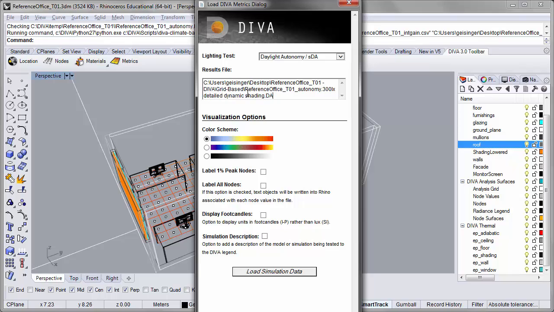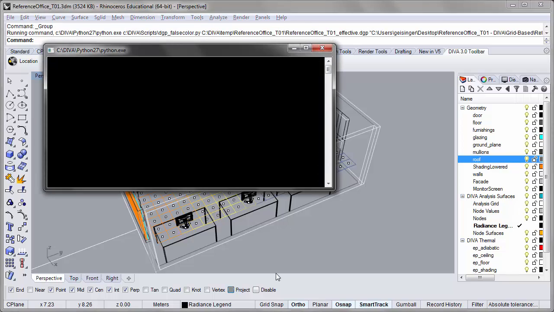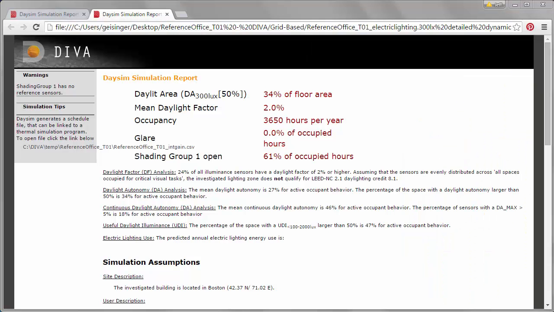And again, the visualization options ask us to choose a color scheme. I'll leave the default, and I always like to label all nodes, so I'll go ahead and check that, and we can load the simulation data. And so the DaySim simulation report pops up after loading the simulation results. And you'll see that the daylit area, which is the percentage of the floor area that's meeting at least 50% daylight autonomy for the occupied hours with a target illuminance of 300 lux, is now 34% of the floor